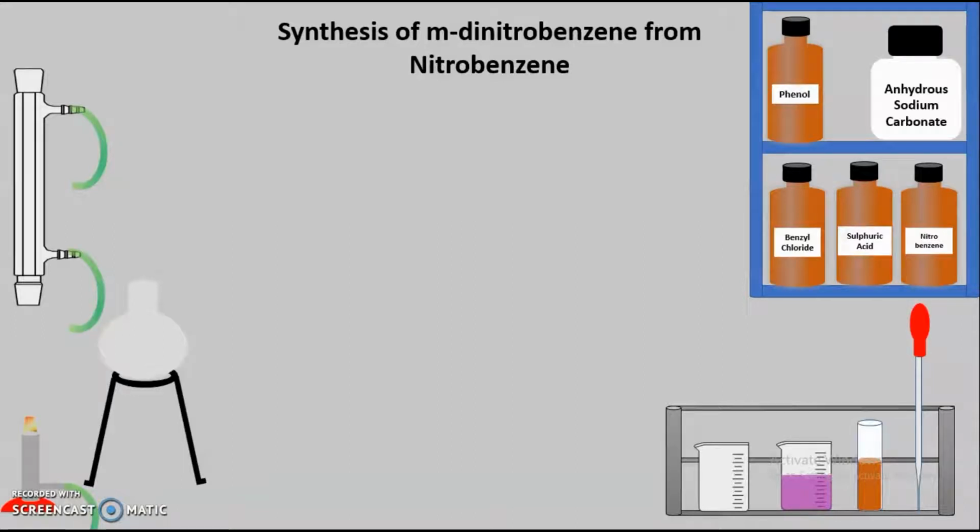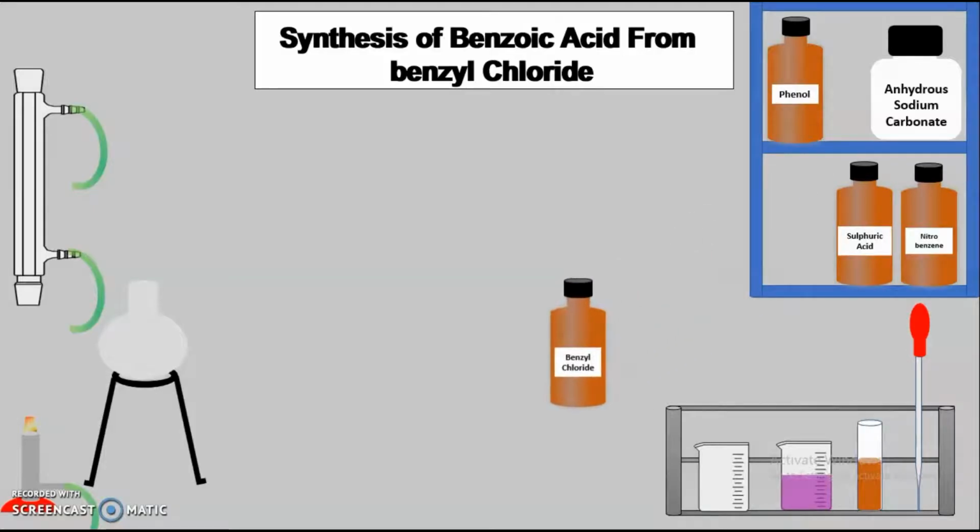Here you can see the assembly that is required for performing the practical. Here you can see RBF, this is your burner, reflux condenser. Then today we will require chemicals like benzyl chloride, anhydrous sodium carbonate. Okay, so now the first point is we are going to use 5 ml of benzyl chloride, which is placed in our RBF. So here you can see we are taking the bottle of the benzyl chloride, we are removing the cap, then we are taking this pipette. With the help of the pipette, we are measuring 5 ml of benzyl chloride, which will be placed in the RBF.